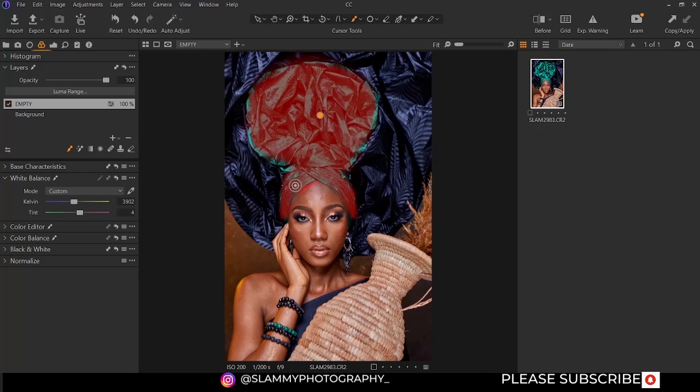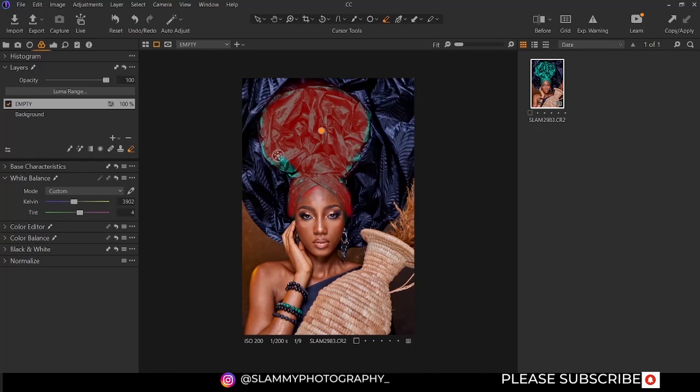So if your mask bleeds into an area you don't want, take your eraser tool. There's the eraser, click on the eraser, it's right here, and use the shortcut E on your keyboard. This is the eraser, also in the cursor tools. So you can use the eraser to erase from areas you don't want the brush effect to be on. So if you take the eraser and erase from the skin tone area like this,